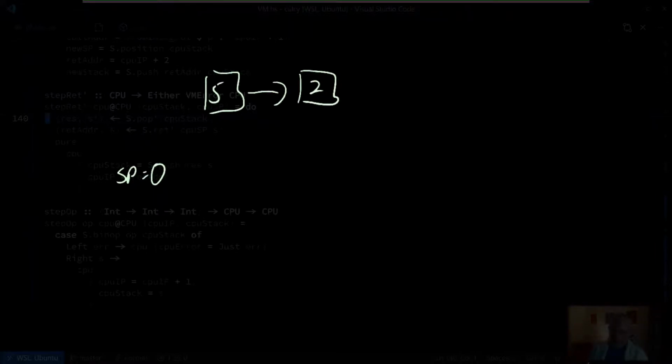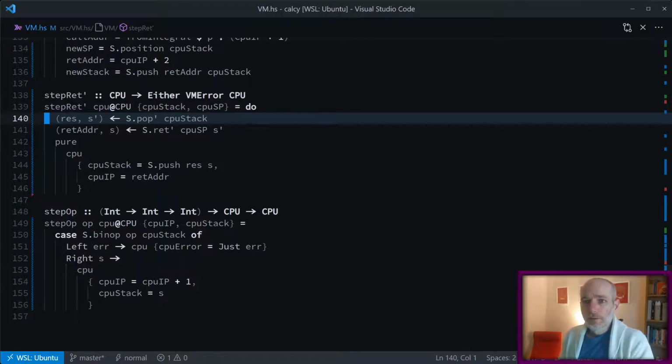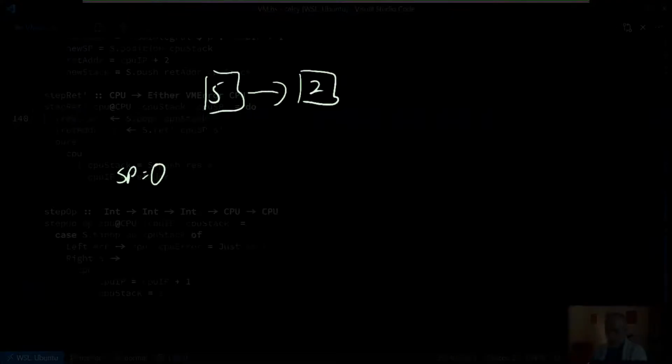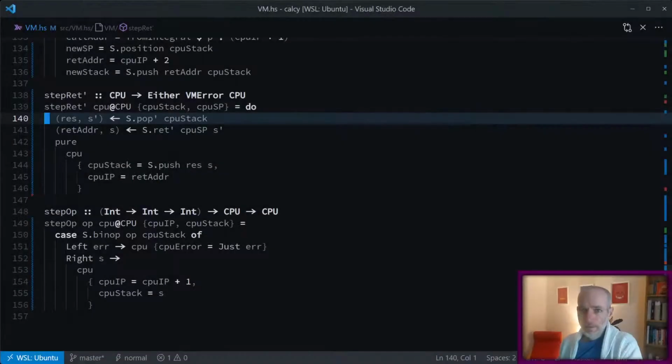Okay, so that's what we got. Then we call pop on the CPU stack to get the result and the new stack. After we call the first pop, we can say res is equal to 5 and our new stack is just the value 2. Okay,